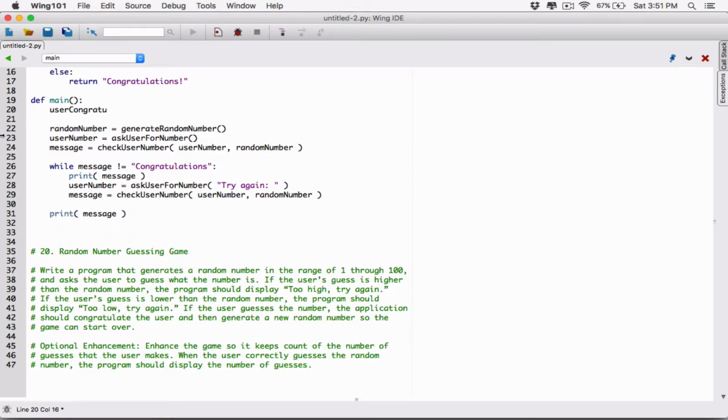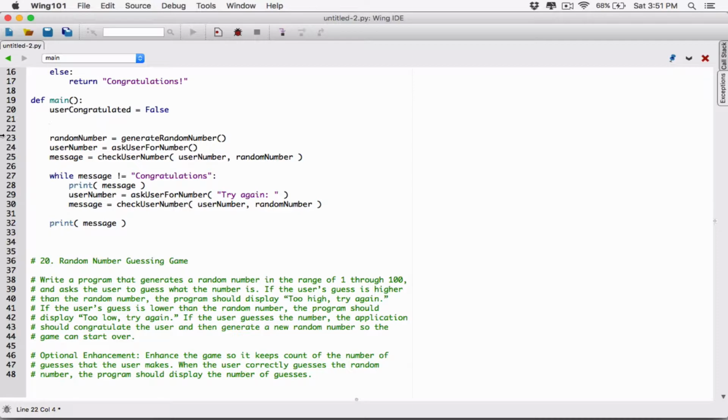User congratulated. And I'm going to set it to false, because when the game starts, it makes sense to say the user hasn't been congratulated. So I'm going to say user congratulated is equal to false. And over here with the while loop, I'm going to say while